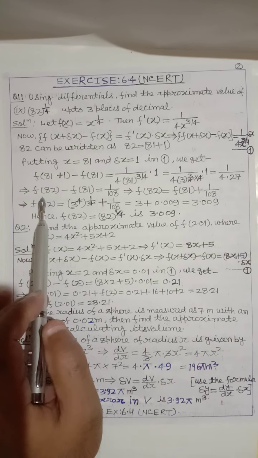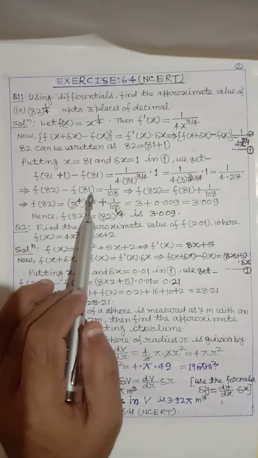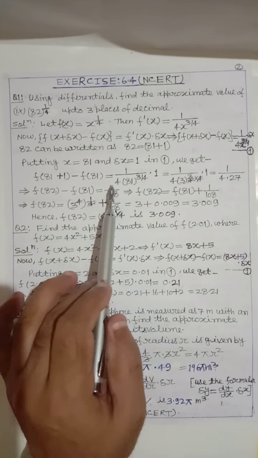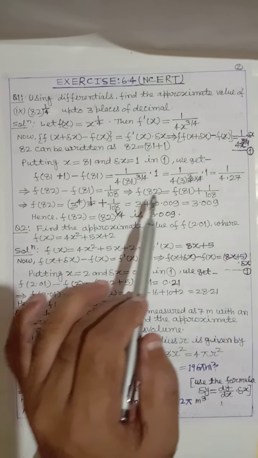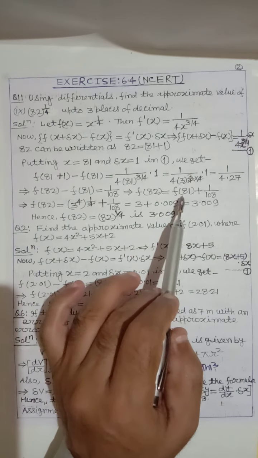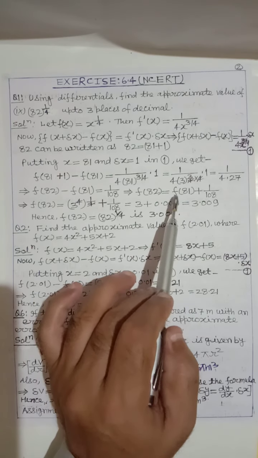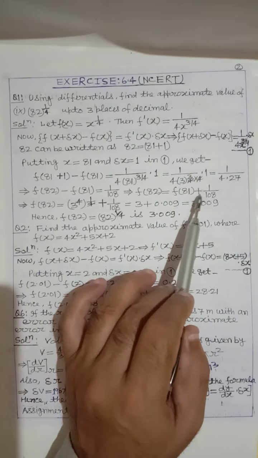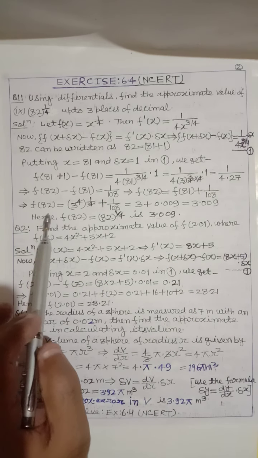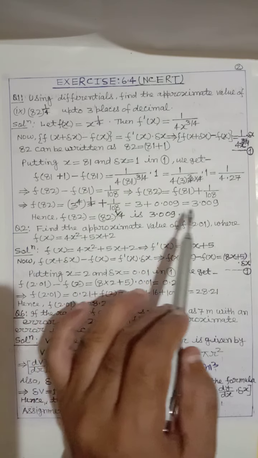So f of 82 minus f of 81 equals 1 by 108, and this implies that f of 82 equals f of 81 plus 1 by 108, and here we solve and we find that this